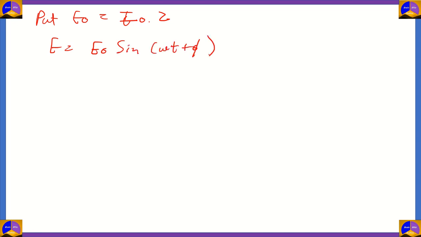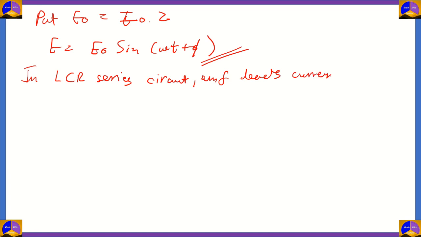So we now put E naught as I naught times the impedance, so therefore E becomes E naught sine omega t plus phi. So this will be the value of the EMF of an LCR series circuit when the current is I naught sine omega t. So we can find that in an LCR series circuit, the EMF leads current by phase angle phi, and which we can now find as tan phi equals sine phi by cos phi,